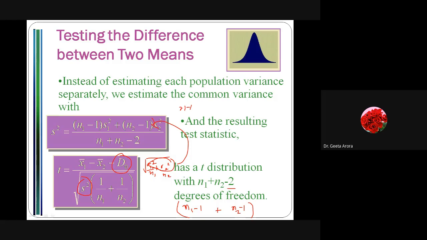Because obviously we do not have the tables, but you must have the understanding that we have to choose the one having the degree of freedom n1 plus n2 minus 2. If you are not aware of this, you might get confused about which value to choose, and you are going to make a wrong decision. So that is very important. Correct?